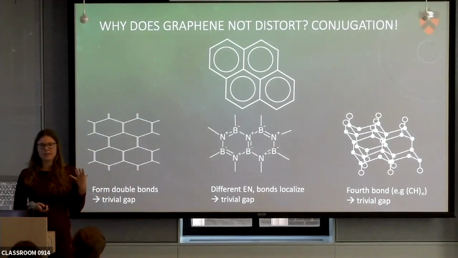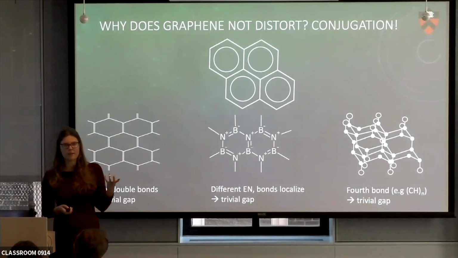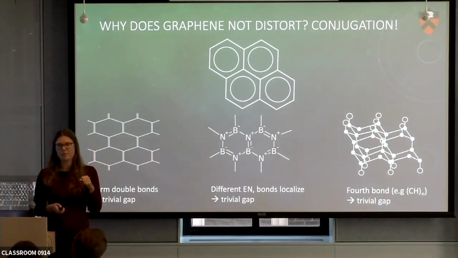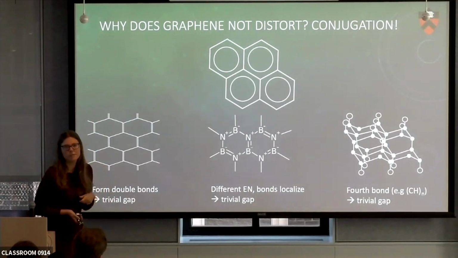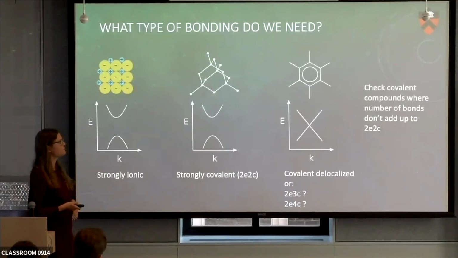Right? So we can conclude from this that two things are chemically important: having a delocalized chemical bond and having two chemically equivalent atoms in the unit cell. So with this, we can start to try to get some chemical principles for finding topological materials.